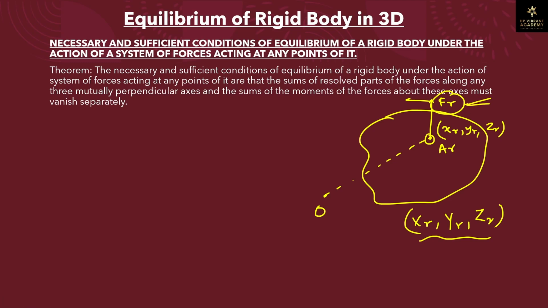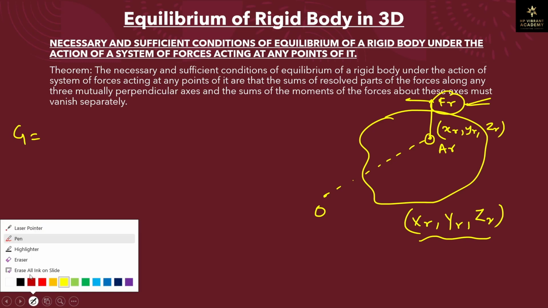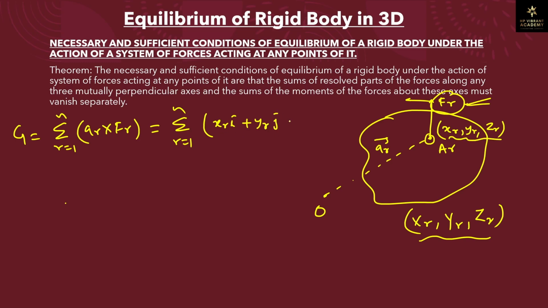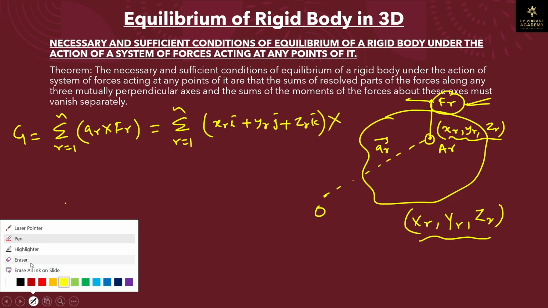Now let us calculate the expression for G. G is equal to the summation r equal to 1 to n of ar cross Fr. This we can write as the summation r equal to 1 to n of, with the position vector ar written in terms of coordinates, xr i cap plus yr j cap plus zr k cap, cross product with